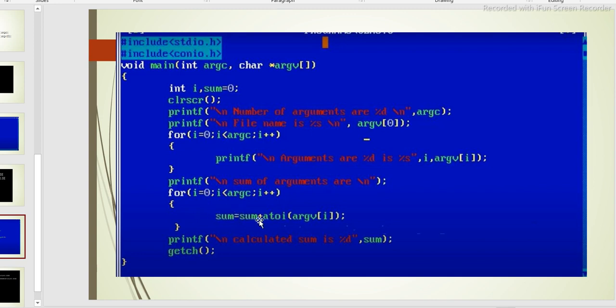We can calculate the sum of the numbers: i equals 0, i is less than argc, i increment operator, this is important. sum equals sum plus atoi(argv[i]). atoi means we can convert character to integer, so we use argv[i], and we finally calculate the sum.